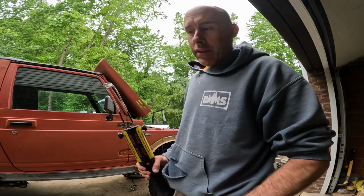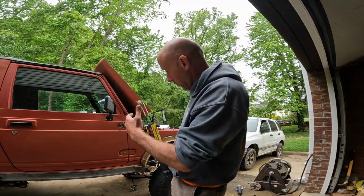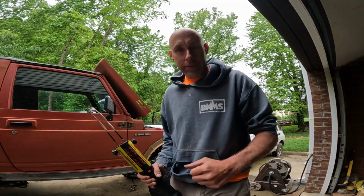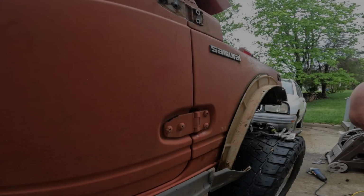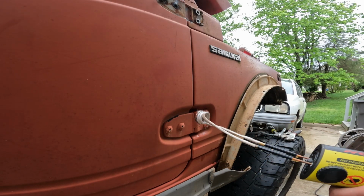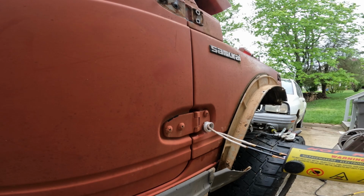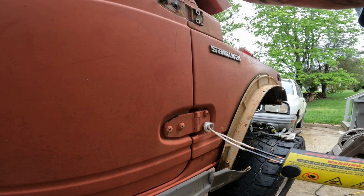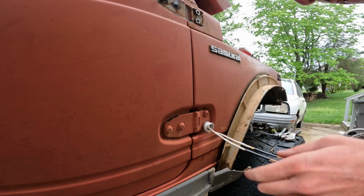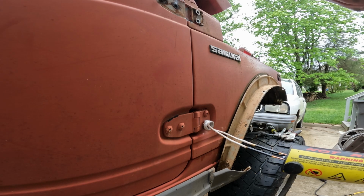I'll demonstrate on one of the last ones that we have to do here on the bottom hinge, so you kind of get an idea of how it works. All right, just place it over any of the heads here. I'll do this bottom one. There's a little button that you push on the tool itself that starts heating this coil here, and I put it on there for a little bit. It takes a while to heat it up,